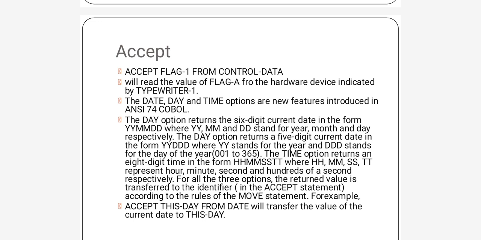So you'll have YY and DDD, where Y denotes the year and the triple D denotes the day of the year. And then the time option, which returns an 8-digit time in the form HH, MM, SS and TT, where HH denotes the hour, MM denotes the minute, SS denotes the second, and TT denotes